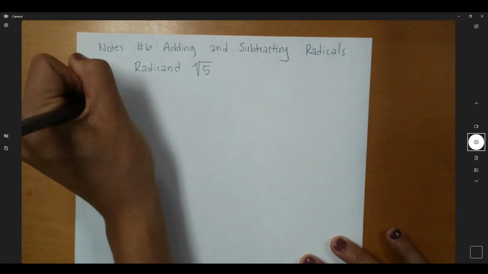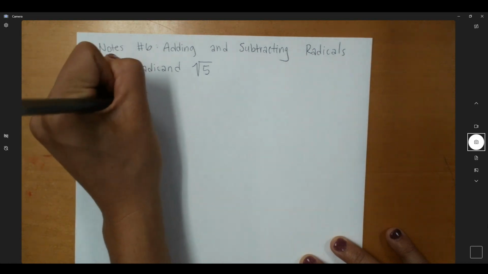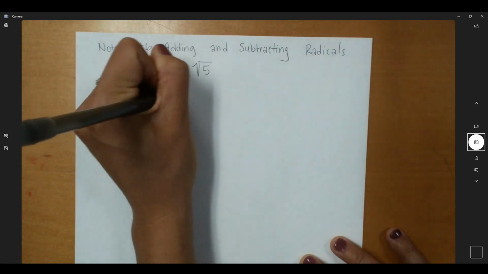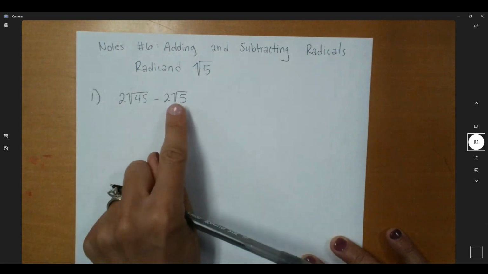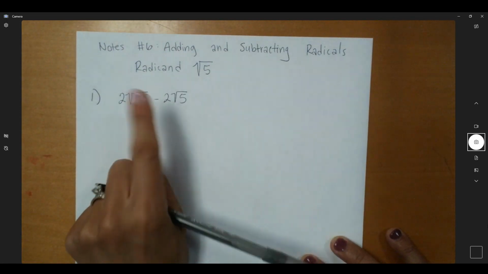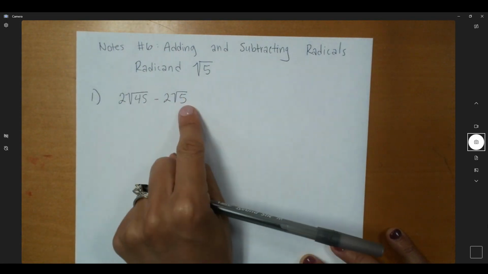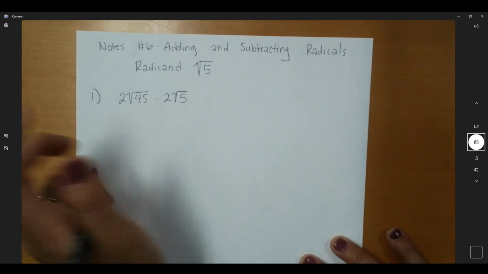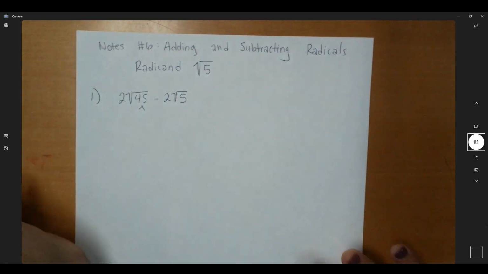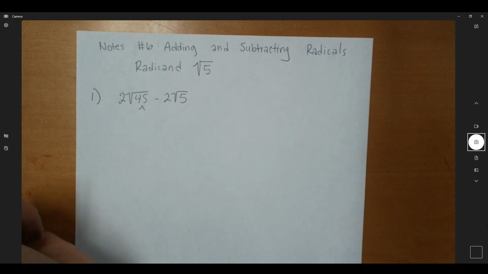So let me show you what I mean. So right now, when you look at this problem, they don't have the same radicand. This is square root of 5, this is square root of 45. But this is prime, so we can't simplify this anymore, but 45 we can. So we're going to simplify everything first, and after we simplify, we can see if they have the